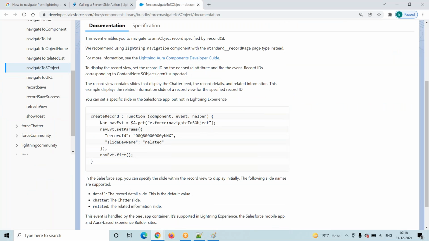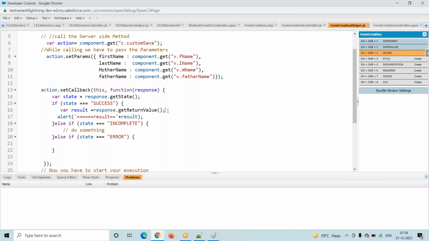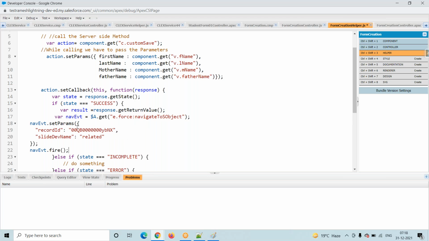In this documentation, see, this is my syntax. I will copy this syntax. I will go to my Lightning component. See, this is my Lightning component, right? This is success rate. I will remove these alert boxes. I will just copy paste this one. We see $A means aura.get